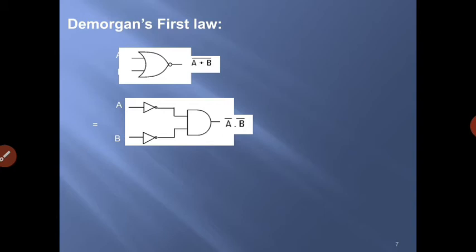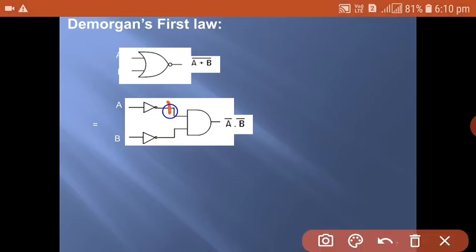Next, in order to realize the other function, that is RHS, to be equal to LHS, I am taking first A bar into B bar. So for considering A bar, first I am considering the two inputs A and B. To these I am connecting the inverters first, so that the output of the inverters will be what? Here you will be getting A bar, and here you will be getting B bar, and these two outputs of inverters are given as input to the AND gate, so the output of the AND gate will be A bar into B bar.